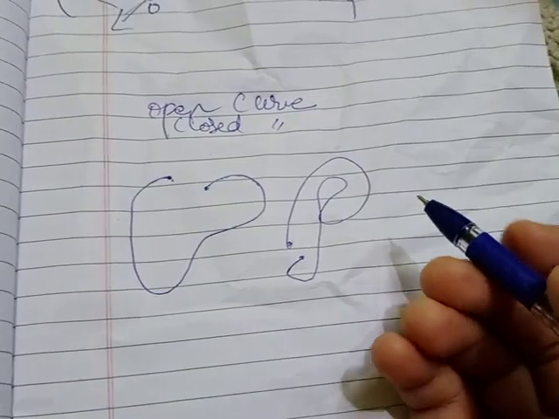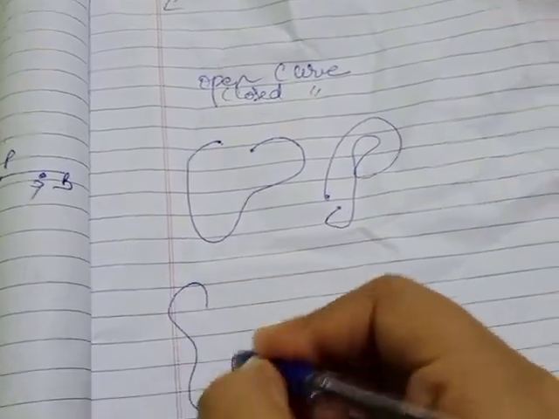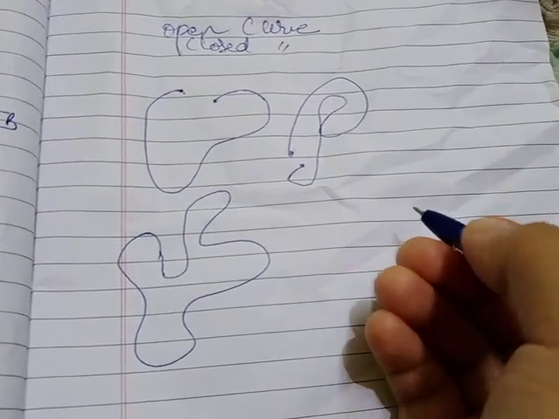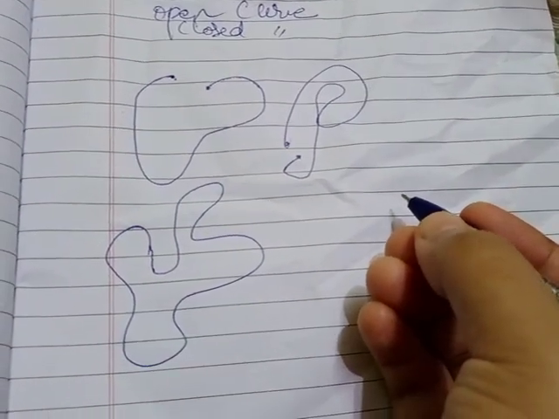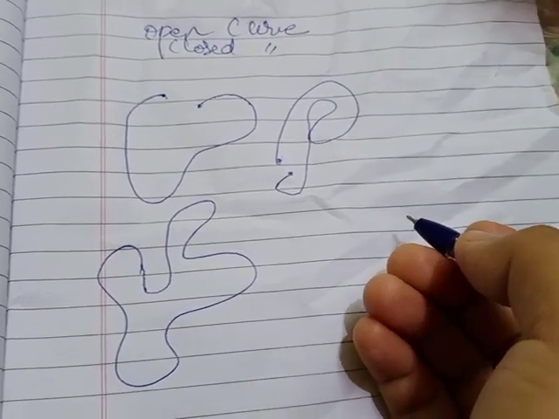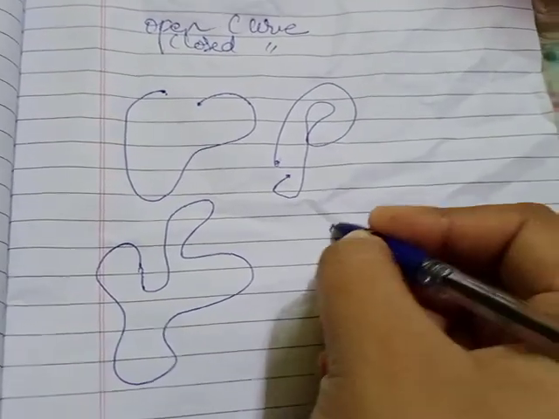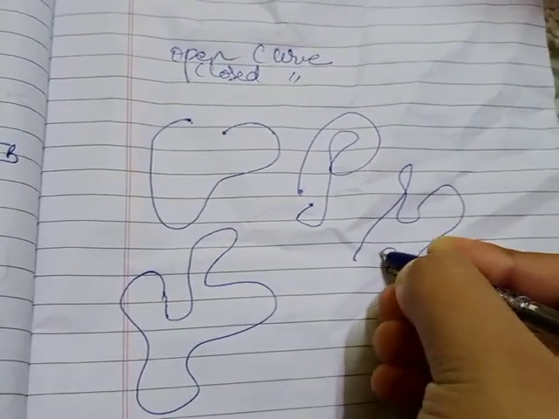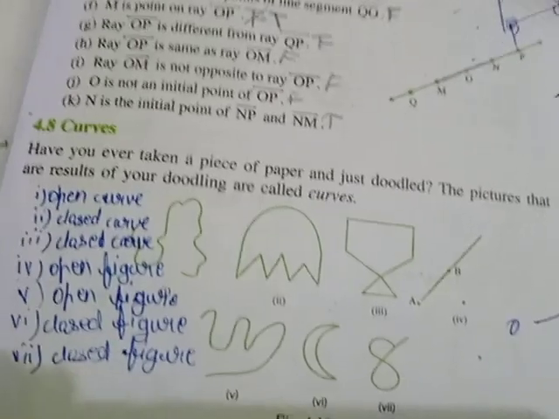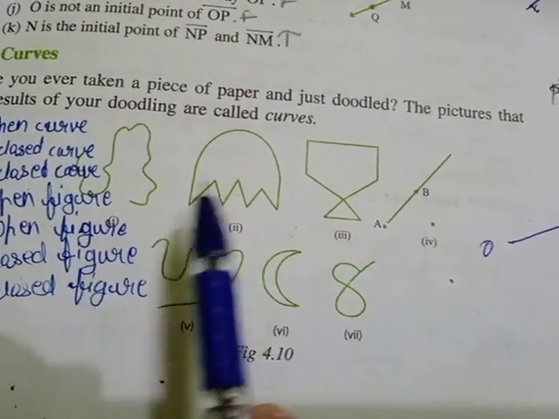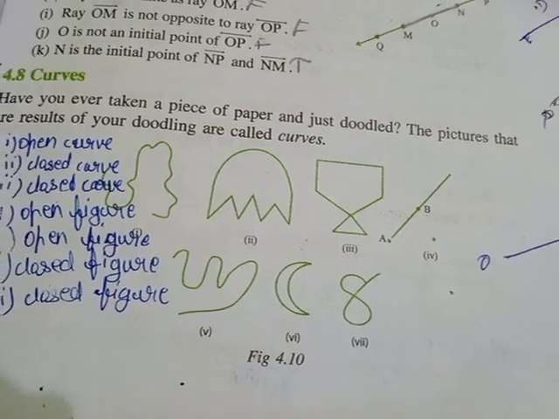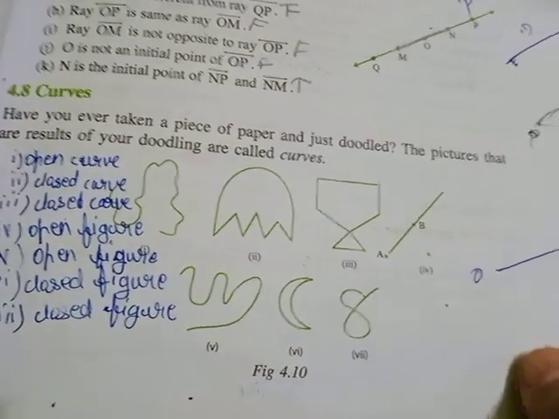Then what is a closed curve? When we do the curvings and then attach both the ends, when the ends of the curve touch each other and there is no space to put anything inside, it is known as a closed curve. You can make it like this also. You see, these are your closed curves. Clear? So you can see here: open curve, closed, closed, then again open, closed, like this. All these are your curves.